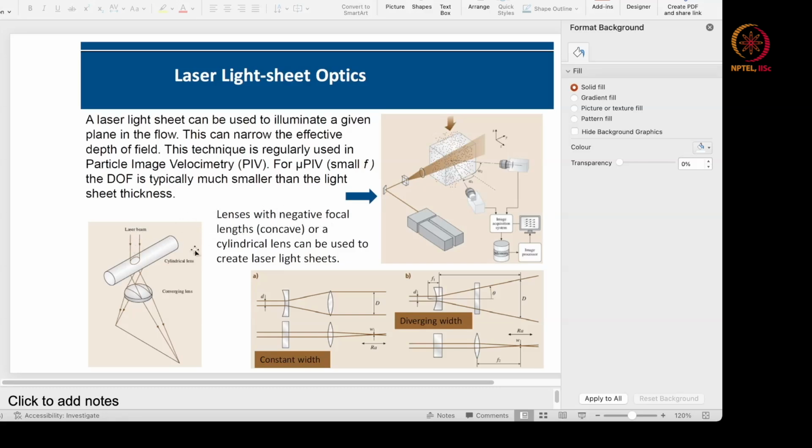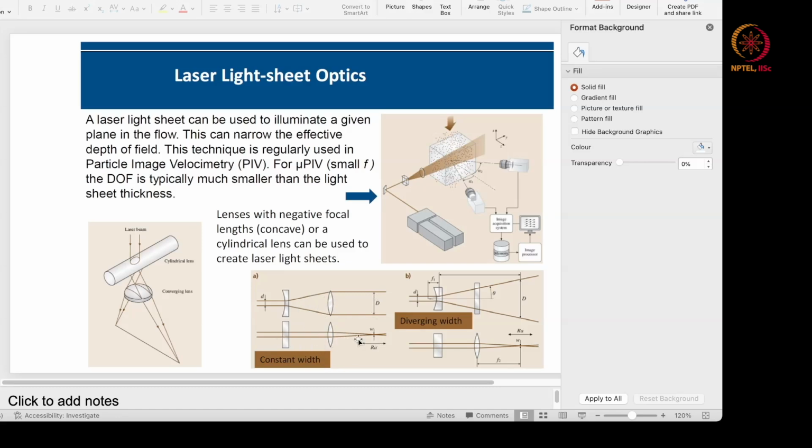lenses with negative focal lengths, which is basically the concave lenses, or a cylindrical lens, can be used to create this laser sheet. So this is the laser beam, this is the cylindrical lens, then there is a converging lens which basically creates the laser sheet. Okay, so you can also see it with a concave lens, which is a negative focal length lens. So there is a parallel beam. It basically opens up the beam using a convex lens